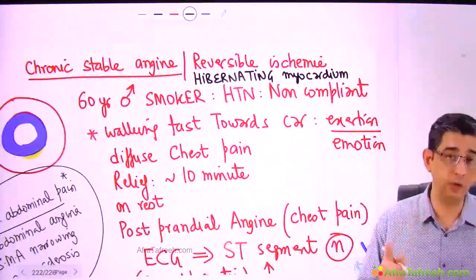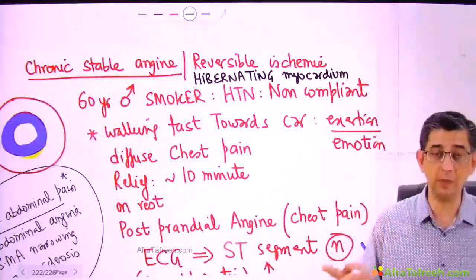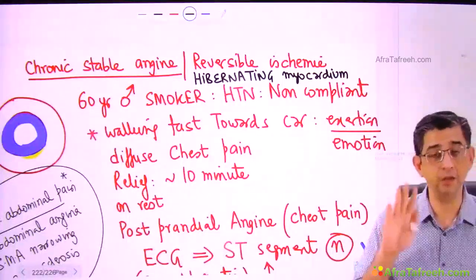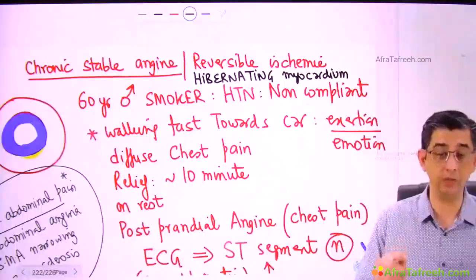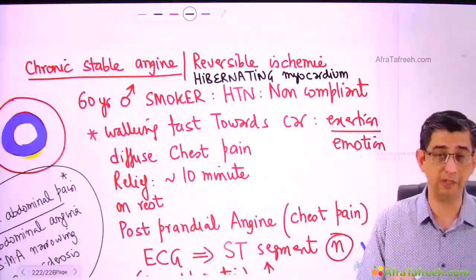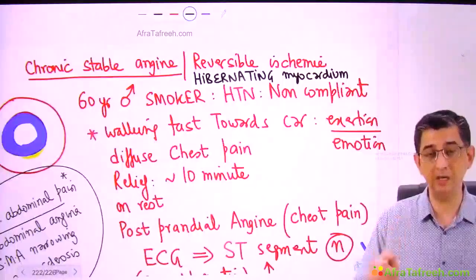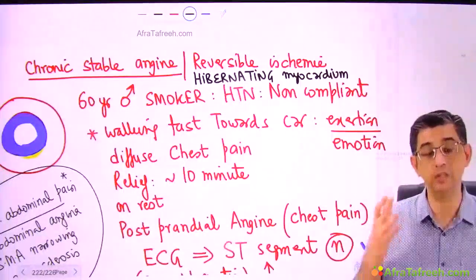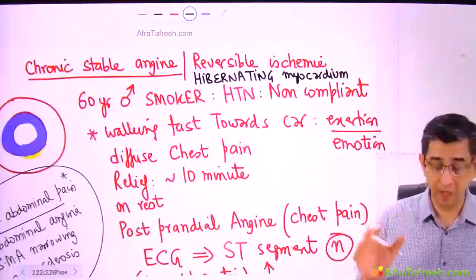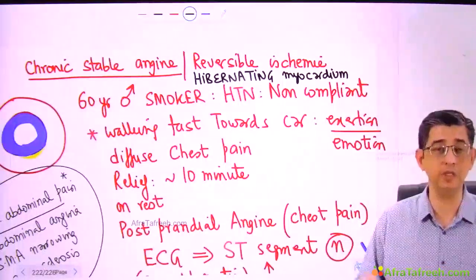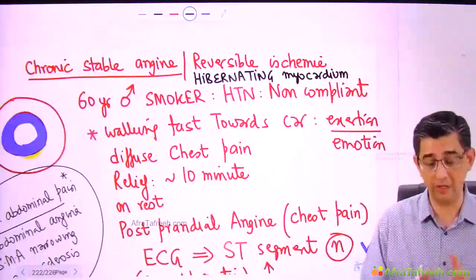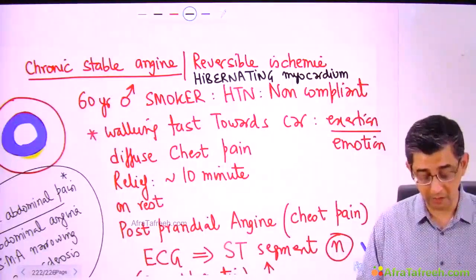A lot of the time you will also read the term stunned myocardium. Whenever you read the word stunned myocardium, it means a sudden decrease in contractility of the heart. Stunned myocardium is a term that is used for myocardial infarction by a lot of examiners. The stunned implies sudden, so that's a sudden drop in contractility, MI. Hibernating myocardium is a gradual decrease in activity, due to blockages in the coronary artery. That's an alternative terminology that may be mentioned.